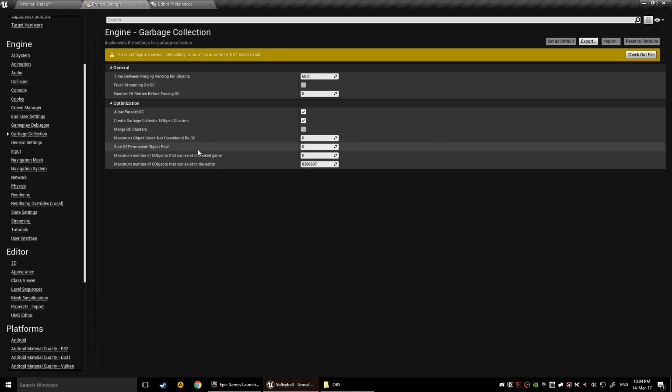Well, let's say you have a permanent object pool. Yeah, you can also have that. Let's say you need a specific thing that cannot be destroyed, should not be destroyed, should always stay in memory. You should be really careful with these settings, to be honest, because in general, it's kind of